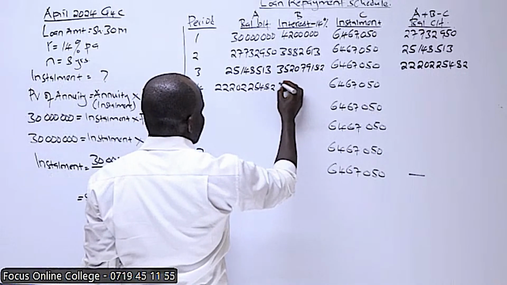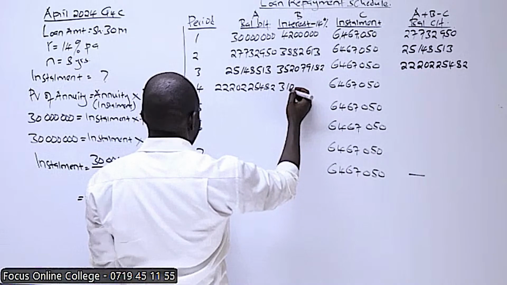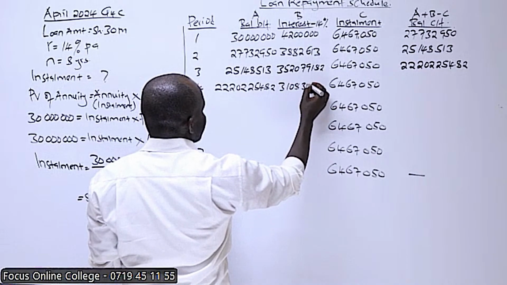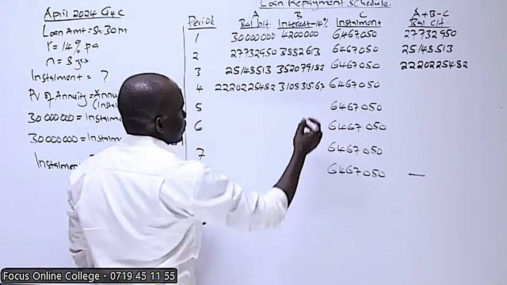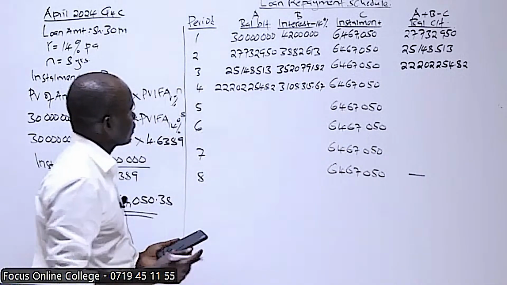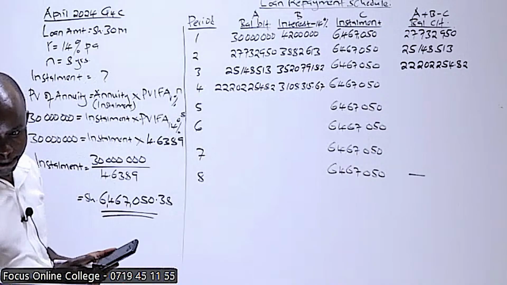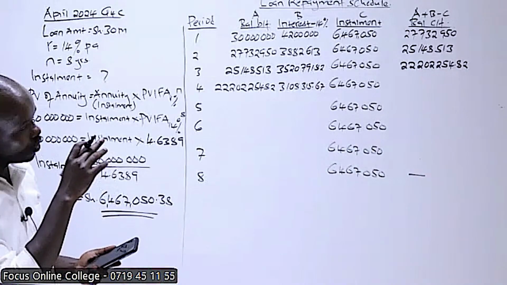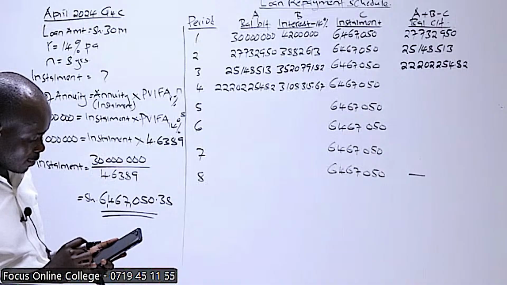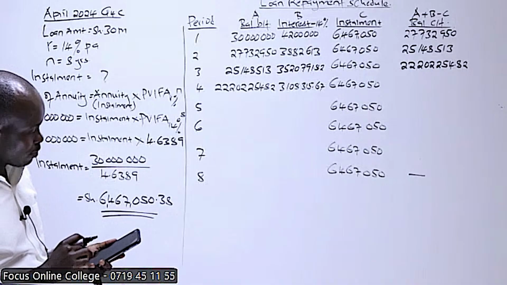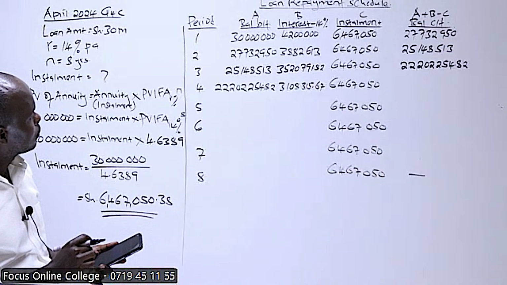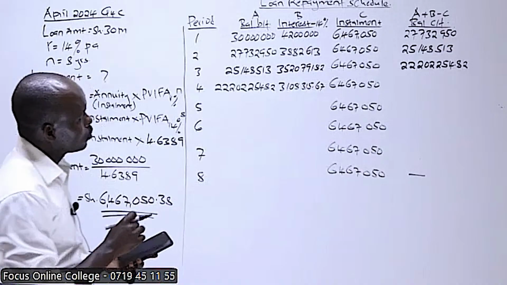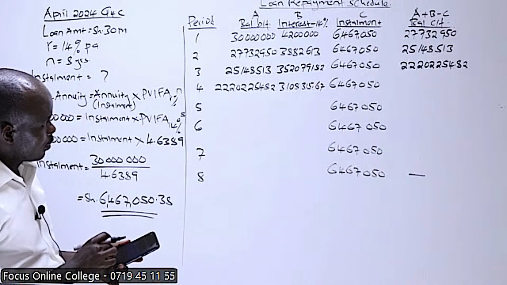This interest is 3,108,315.67. Then we get the balance there. So this is plus 22, 202, 254.82